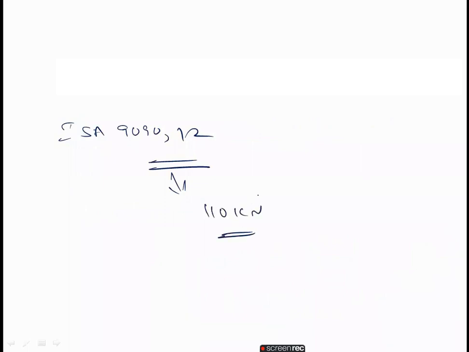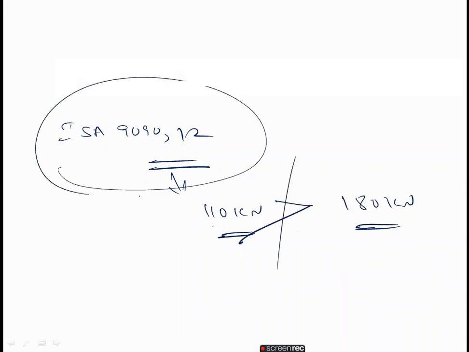Suppose we take a section ISA 90-90-12. The design load we got is only around 120 kilonewton, but the gusset plate is carrying 180 kilonewton. When you design, it should be greater, but here it is not greater. That's why we don't take this section; we will go for another section. Hence, we write: revise the section. For practical applications also, we will do the same like this.